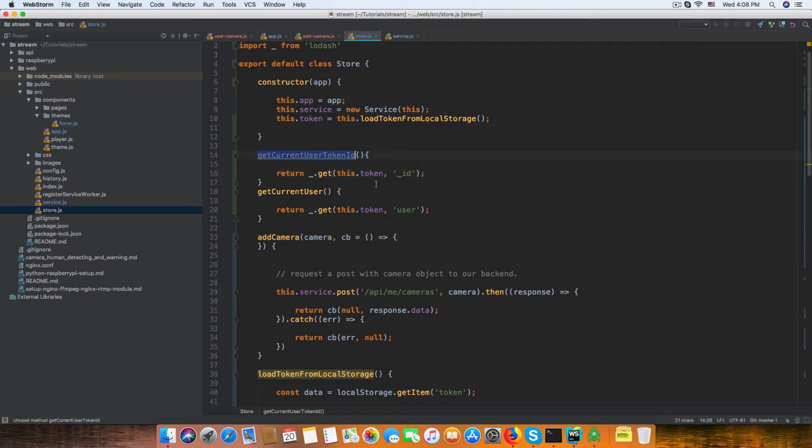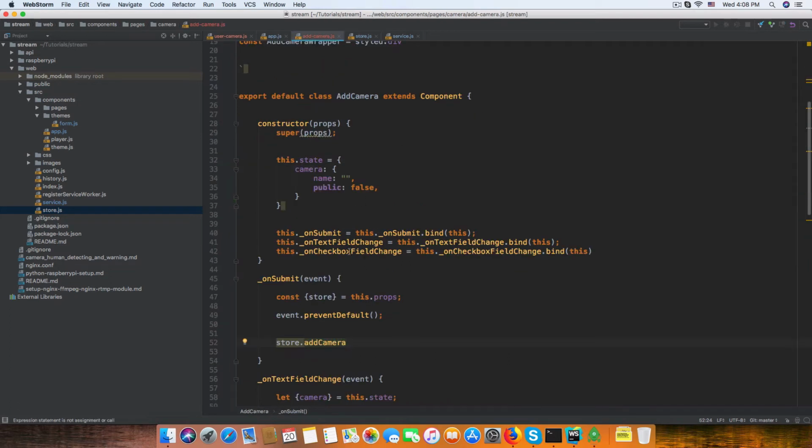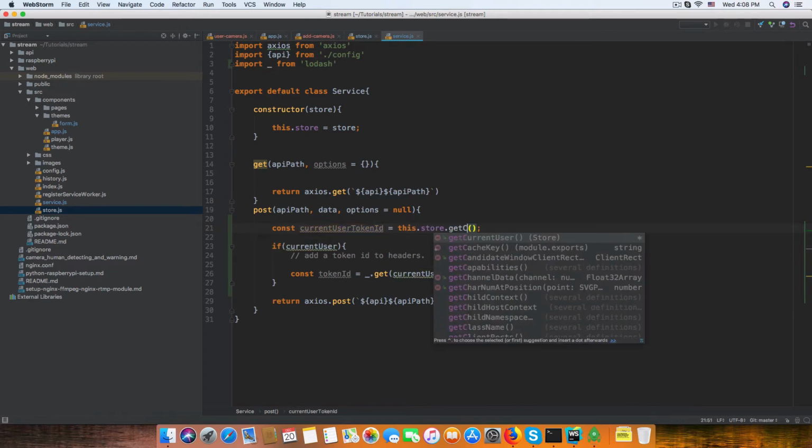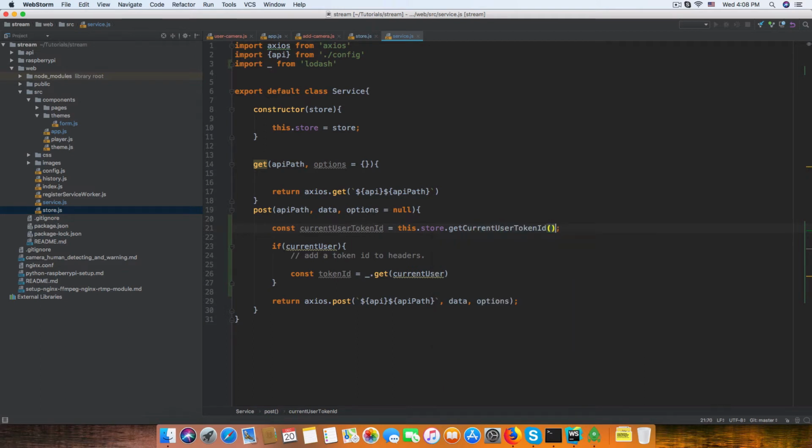We just need that only. So right in there we can add this to the service. Right, get back to our service. Get current user token ID equals this get current user token ID. Right, this is the function we need. If current user token ID, and here